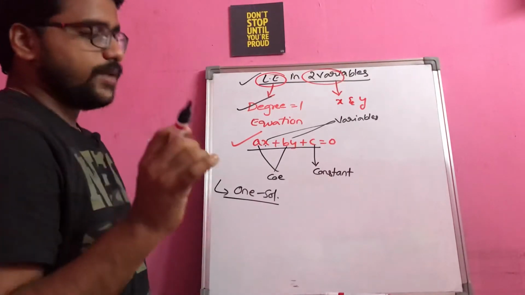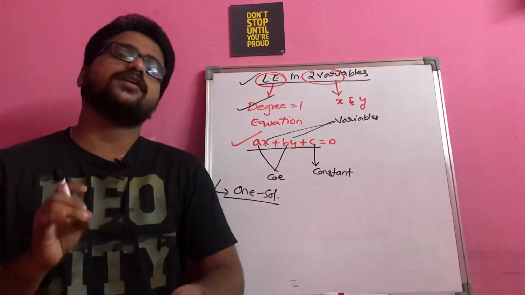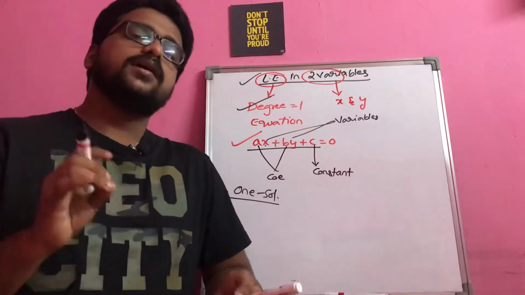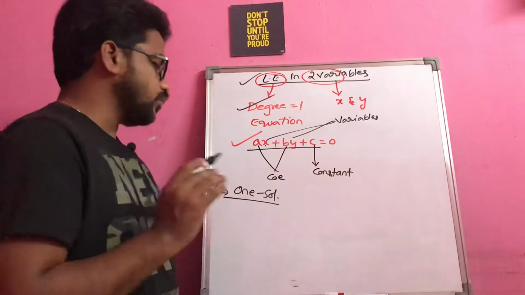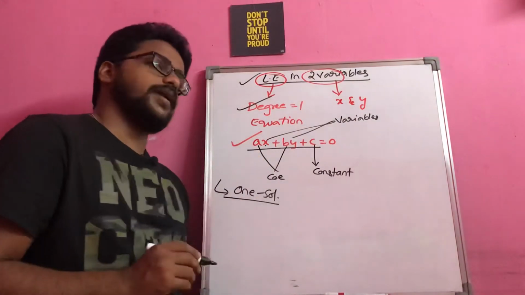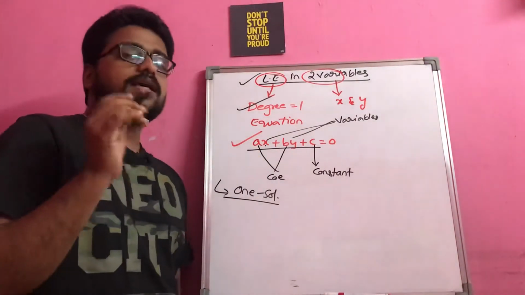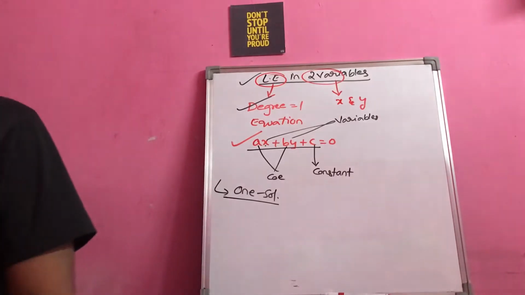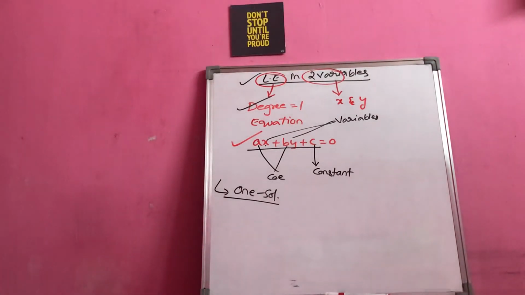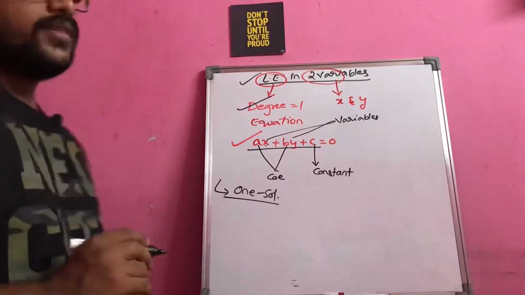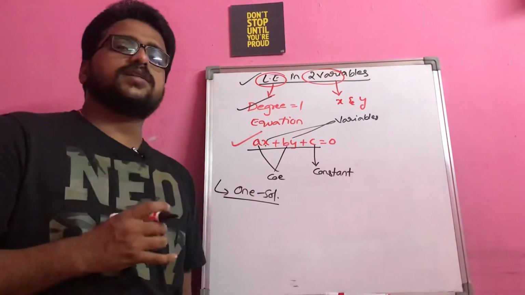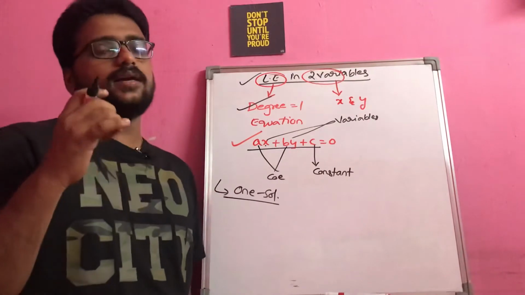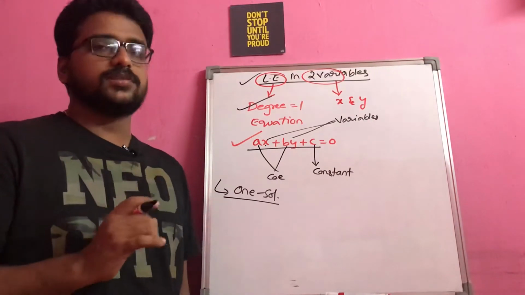The variables in the given equation won't give you any information regarding how many solutions it will have. So the only thing that you have to notice is how many variables you have and what is the degree of that particular equation. Accordingly, you have to talk about the number of solutions it will have. The number of variables in the given equation won't help you in deciding the number of solutions.